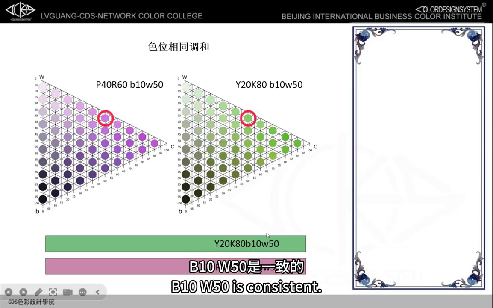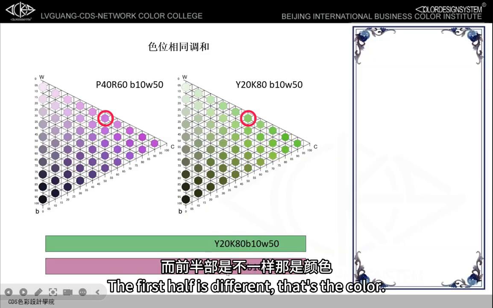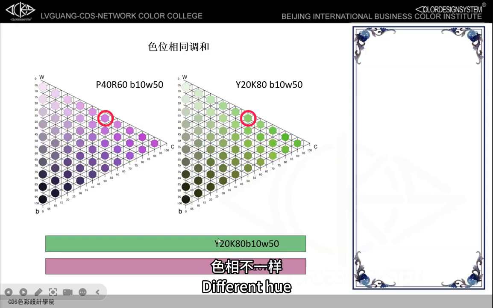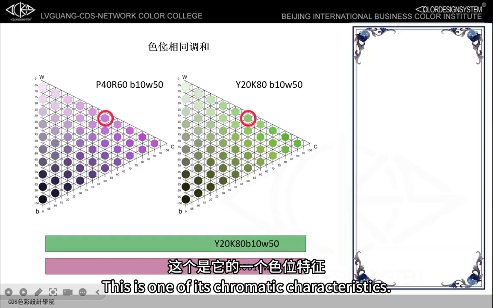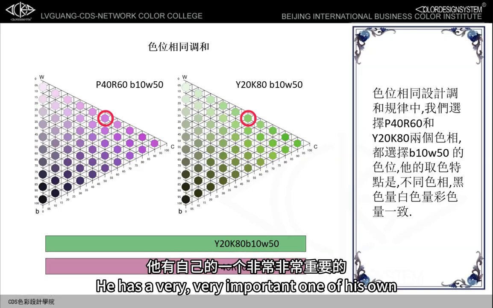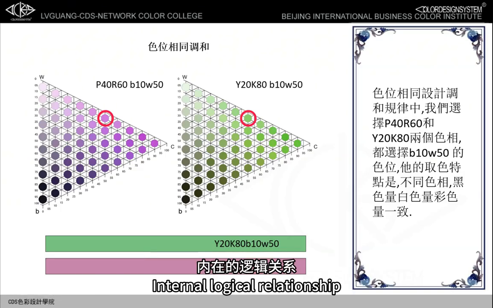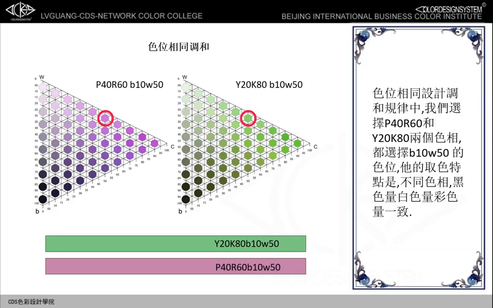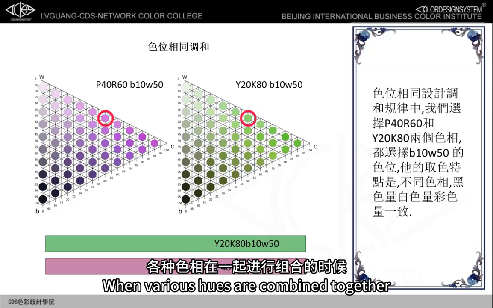B10W50 is consistent. The first half is different, that's the color. Different here. This is one of its chromatic characteristics. The interpretation of this color position characteristic tells you it has a very, very important internal logical relationship of its own. When various hues are combined together,